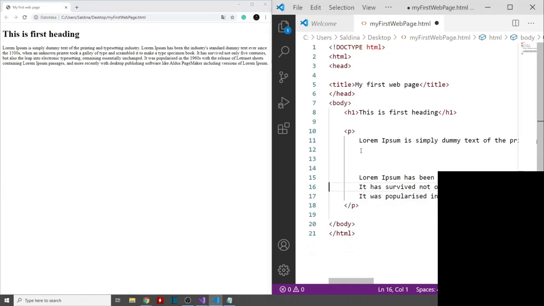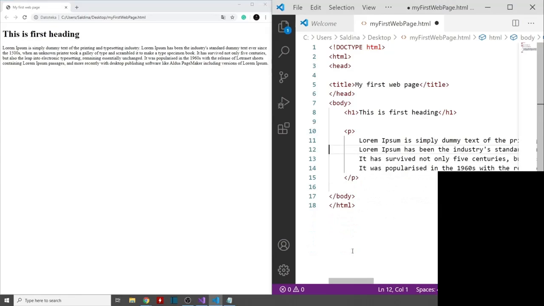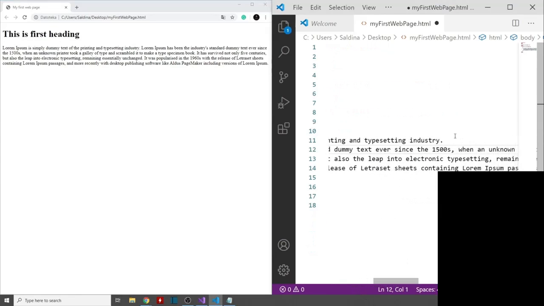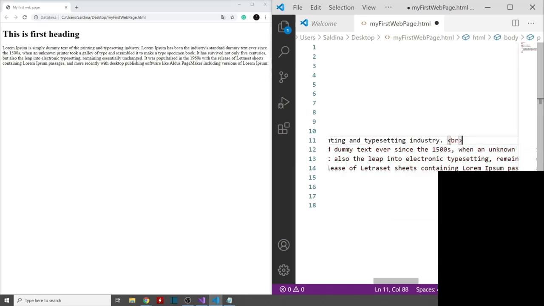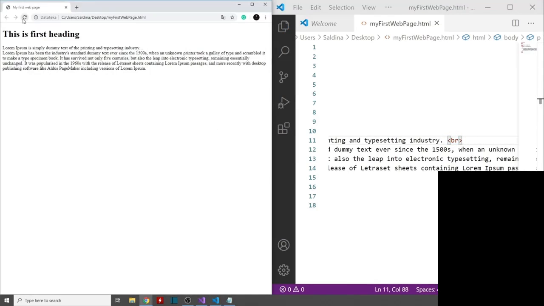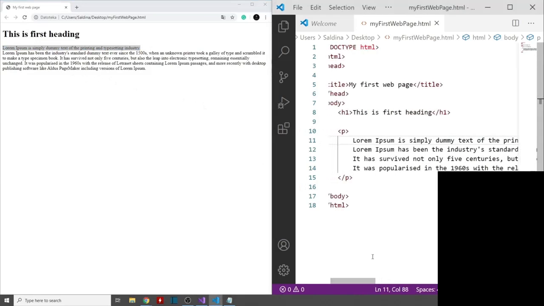And the tag that is used in order to break a line, in order to put a new line, is going to be the BR tag. So here I'm going to put BR like this. Okay, and then this tag is used in order to put a new line to your web page. So if I save this document now and then refresh it, as you can see, now my first line in my web browser is only this text here. So it really contains only this sentence until it comes to this